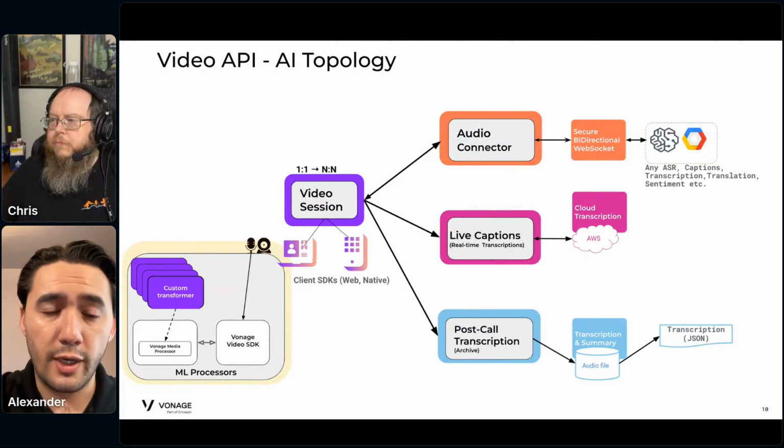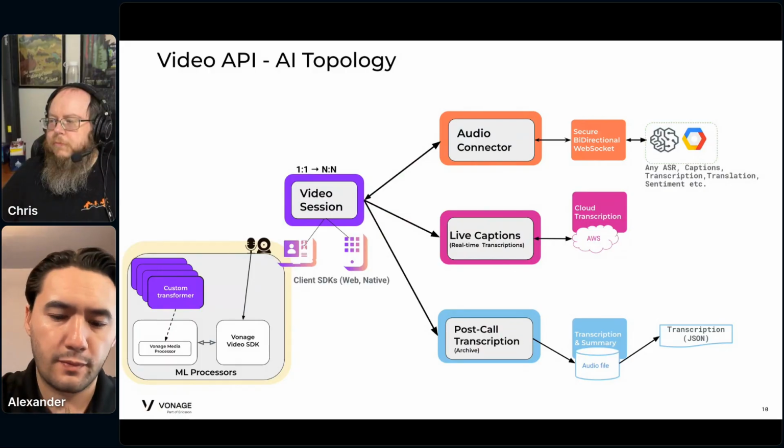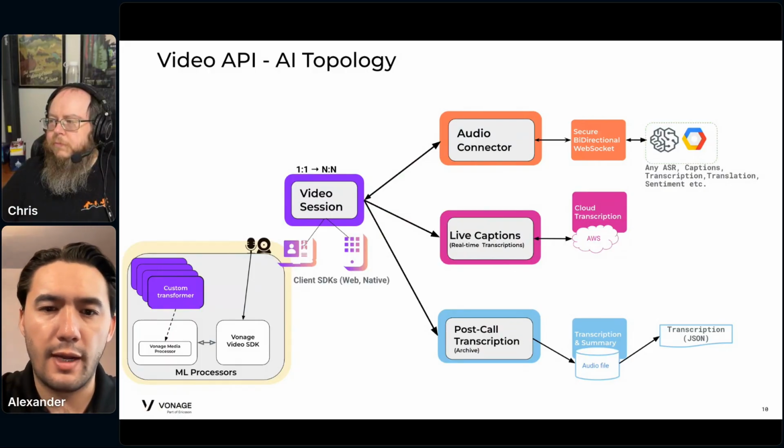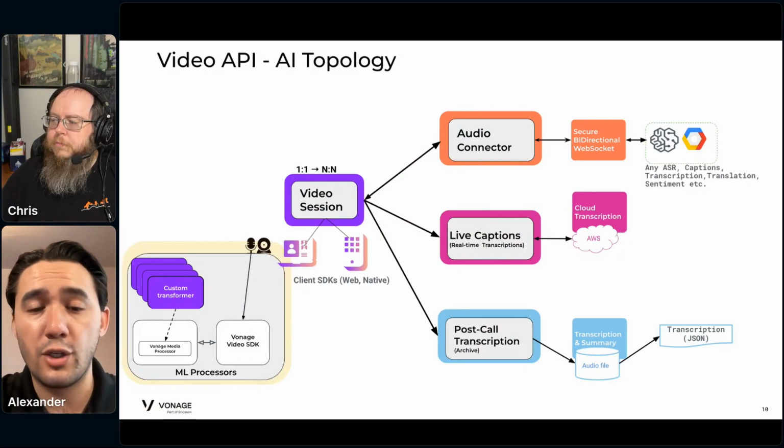So we have included a little diagram here about what your options are from an AI perspective. The things that we've talked about so far, the live captions and the post-call transcription, you can see that kind of workflow on the bottom. You can think of live captions as almost like a real-time transcription use case. Post-call transcription is where we take the recording and then convert that into a transcript, and then potentially summarize it